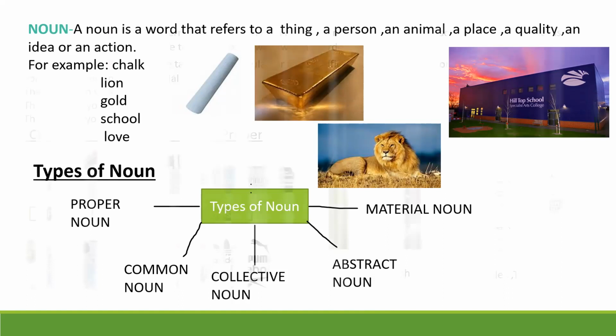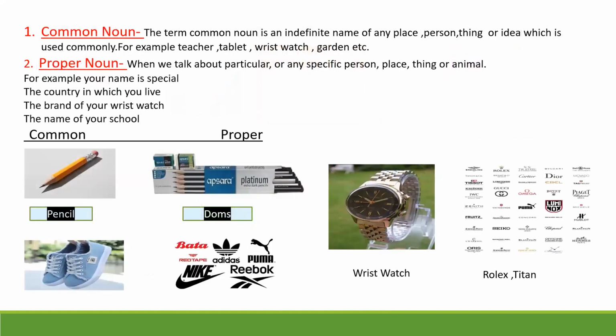Now let's try to learn all these types with some examples. First one is common noun. When we talk about common, so C for common, right? Common means which is quite ordinary. So the term common is an indefinite name of any place, person, thing, idea, which is used commonly. Again, we are putting stress on the word common. Common means general. So for example, you can say teacher, tablet, or laptop, or their mobile phone, wristwatch, garden,